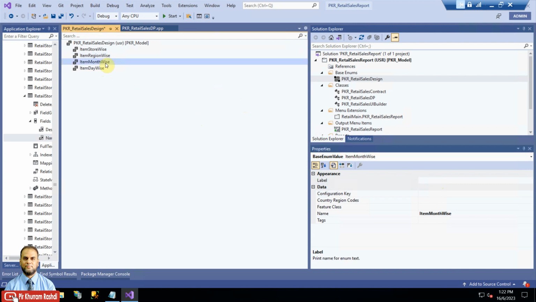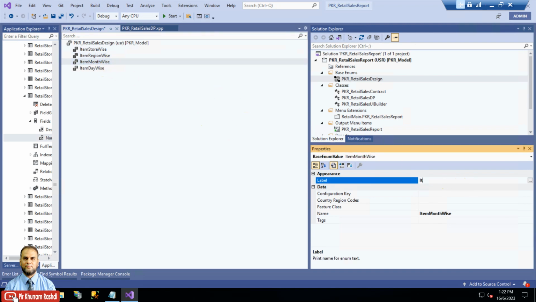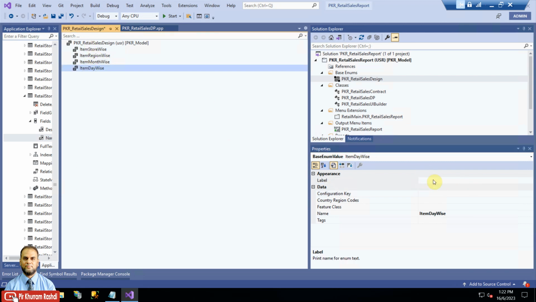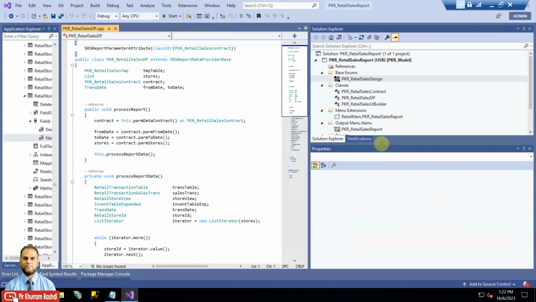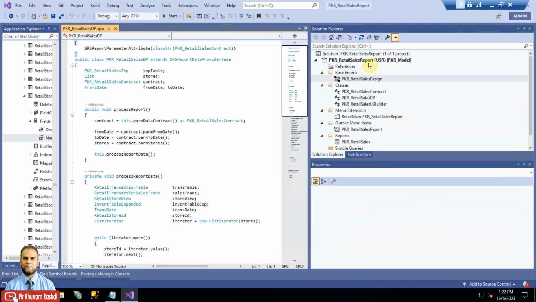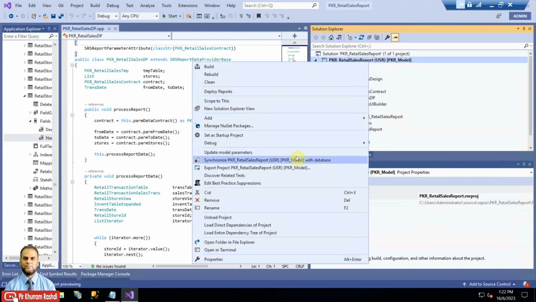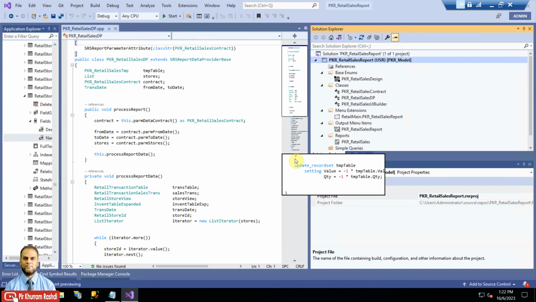Then we have item oblique month. Then we have item oblique day. Okay, so the base enum definition is finished, and next will be the designs basically. And for the design,